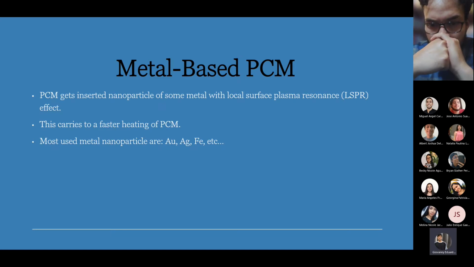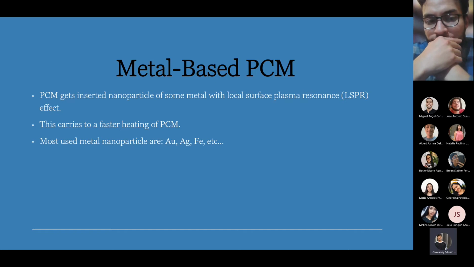So, well, this metal-based PCM has faster heating and better thermal conductivity. The most used metal nanoparticles are gold, silver, iron, and well, this PCM composite has the advantage over